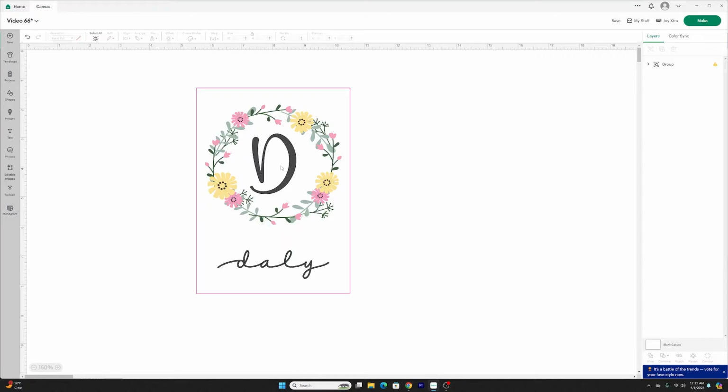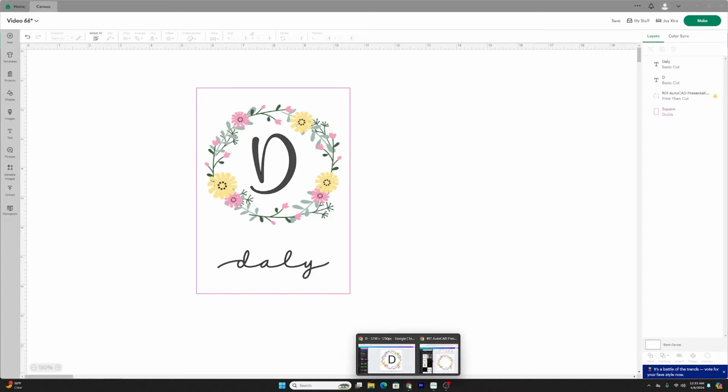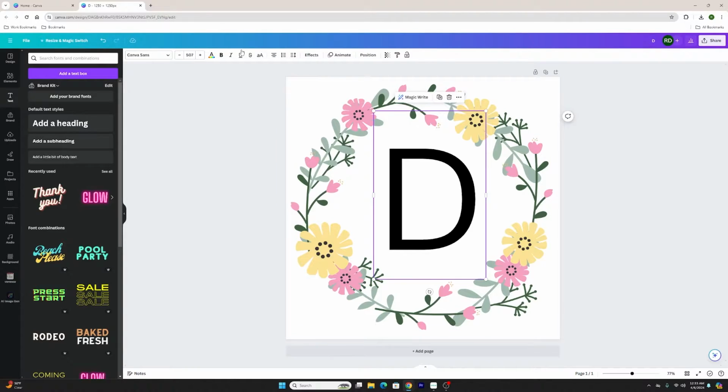I'm kind of stuck on this font, and unfortunately, these are two different fonts, and unfortunately, I don't know where I bought the font. I'm pretty sure it was Font Bundles, but I'm going to go ahead and ungroup this so that we can see that. Unfortunately, I would have to go through all of my fonts, and I've got a lot of fonts in Font Bundles, and it would take too long for me to find it and then upload that font to Canva. So this is why I figured I was going to show you this way, and then I can show you what you could do. So for example, if you would rather just make sure that your